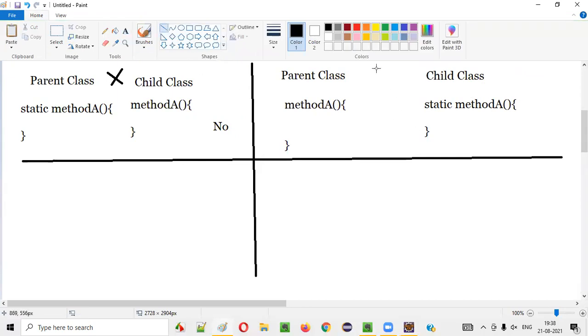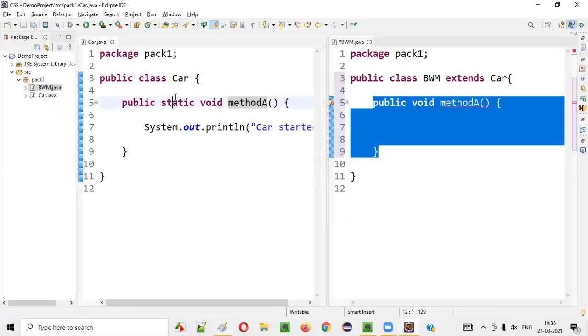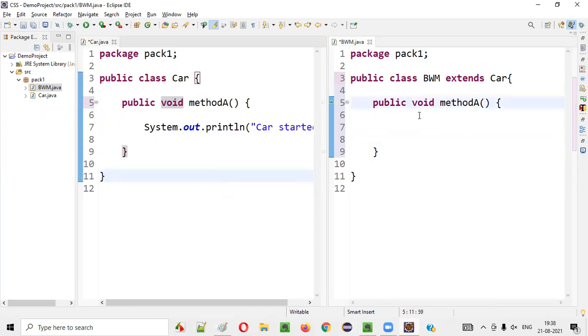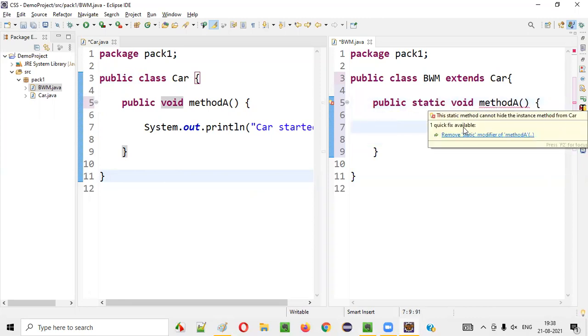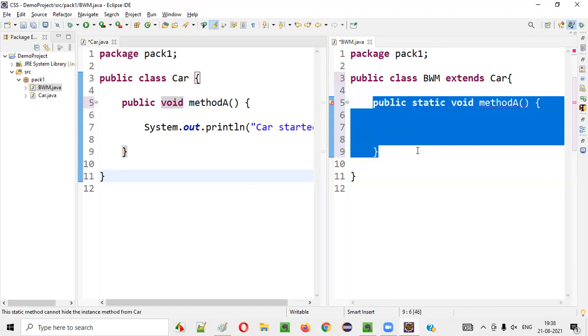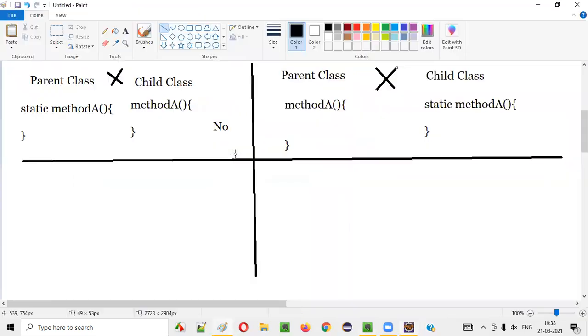In this case also you will get an error. Let's try that. I'll simply remove the static here, so this becomes a non-static method, and in the child I'll simply add static. What's happening, guys? The moment I add static, an error comes saying that the static method cannot hide the instance method from car. This is also not possible. This combination is also not possible, guys.